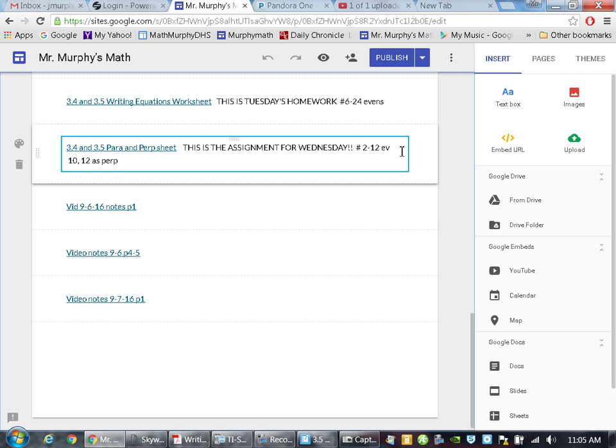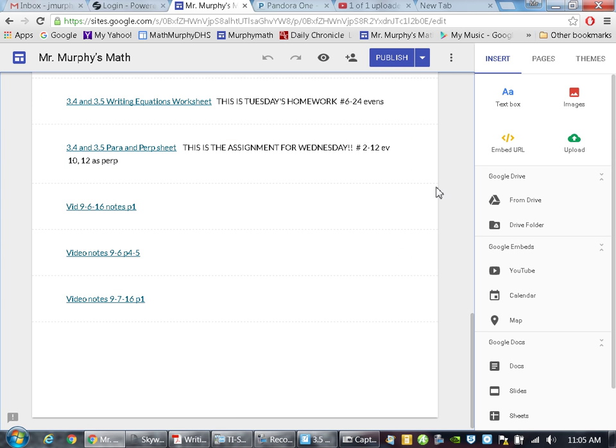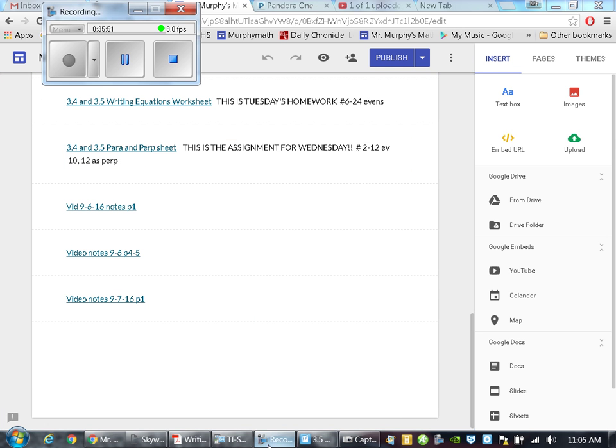I have you guys doing numbers 2 through 12 even, but I have you changing numbers 10 and 12. In the instructions on the worksheet, it has 10 and 12 being parallel. I want you to do them as perpendicular. So we have 2 examples of perpendicular, 2 examples of parallel. We'll collect this first thing tomorrow, and then we'll take our quiz right away. Okay? Now, the other thing I want you guys to see